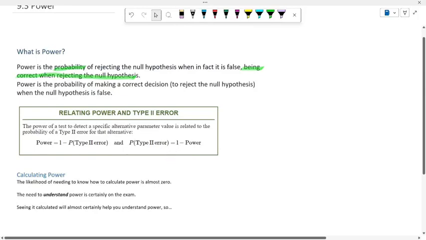Now, to understand power, we're going to calculate it, but you almost certainly will not need to do this on the exam. I'm going to show you how power can be calculated, because I think it will then help us understand what affects power. So, without further ado,